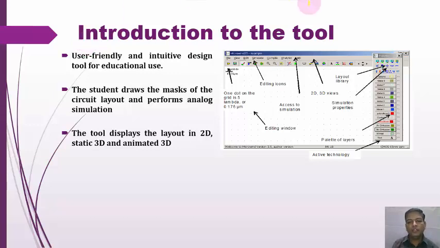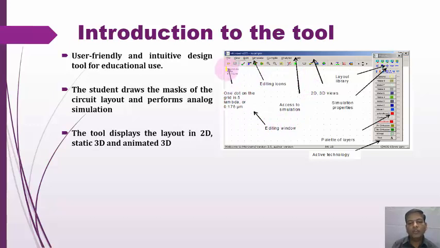Okay. So here we have shown an editor window. In that editor window, what components or facilities are provided, we have labeled over here. First the basic parameter, that is lambda.